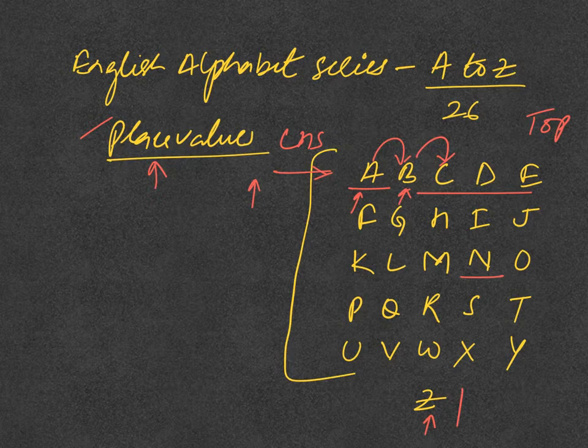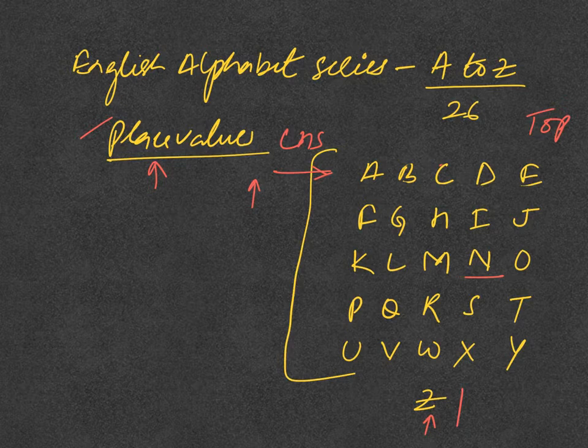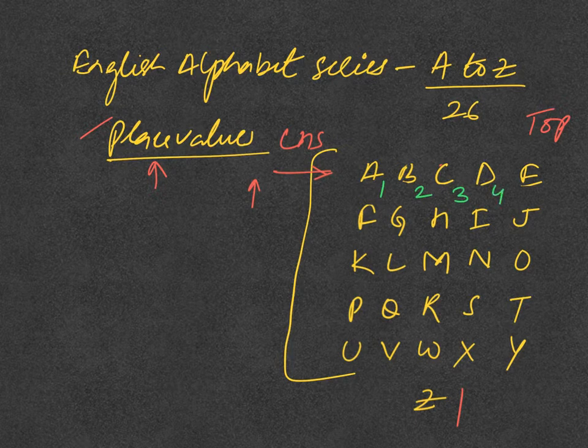Okay, so now the question is how we are going to learn the place value. See, here I have divided all the alphabets in groups of 5 letters: first 5, second, third, fourth, fifth, as you can see on the screen. Now we will give numbering. A will be 1, B 2, C 3, D 4, E 5. When we learn the table of 5, it is very easy. Similarly, we utilize that concept here.